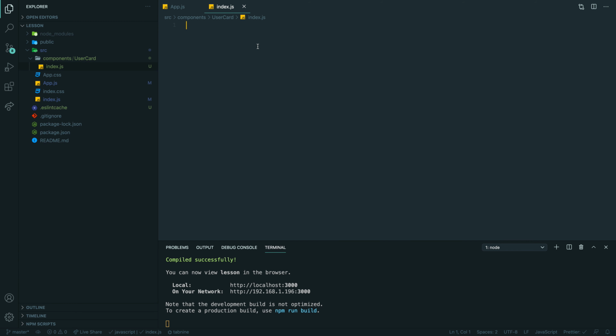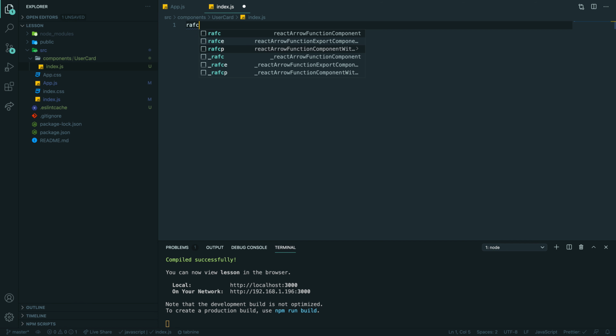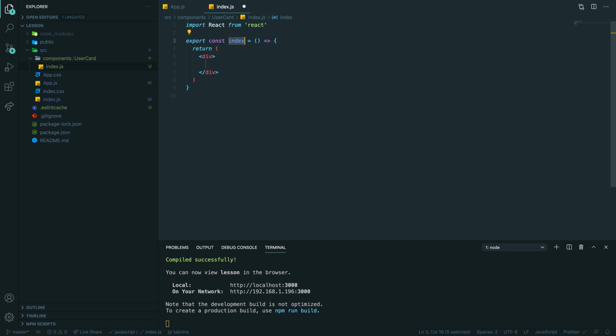If I type React arrow functional component and hit tab, I have this basic structure of the component. When you're creating a component, you give it a relevant name. So for me, it is UserCard. And this is basically a function, as you can see, and you want to export default this component, UserCard.